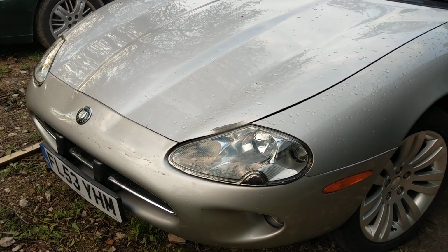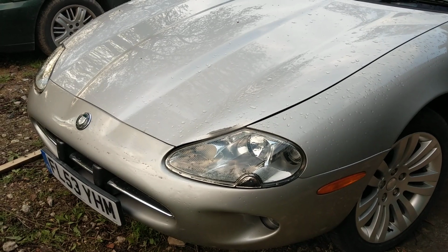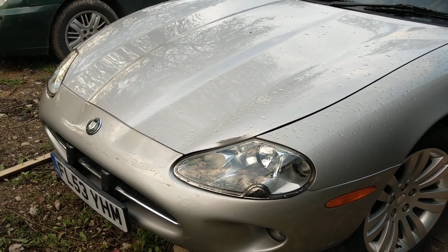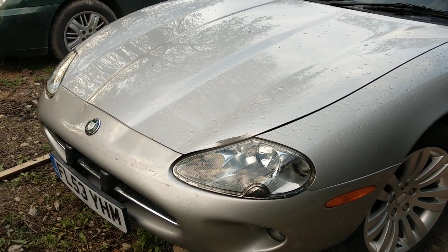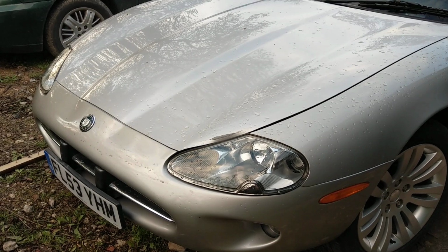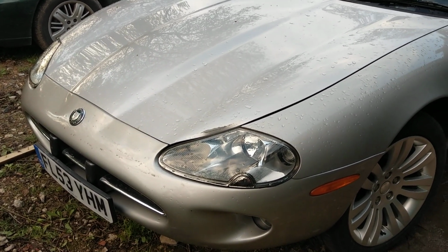Slight gripe really. Before I bought the car, I checked online to see if I could find a car being broken in the correct colour. And I found exactly the car I needed, correct year, correct colour, everything identical to this car. Contacted the seller, and they said fine, you can buy the parts. And of course, once I'd driven to the Midlands,